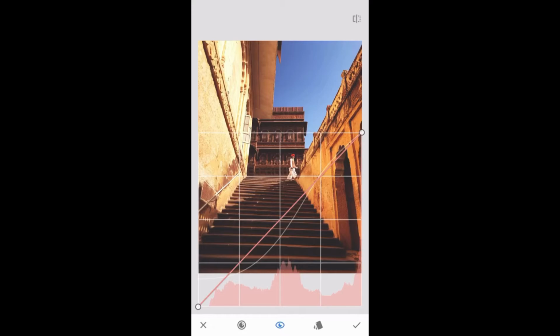So when we try to manipulate the reds in the image, we have to understand that if we pull the curves down, we are actually increasing the cyan values, and if we pull the curves up, then we are increasing the red values. Rest, everything remains the same. Everything from the blacks, the shadows, the midtones, the highlights, and the whites, the whole value stays the same. So if we want to tweak it down, cyan is added. If we want to tweak it up, the reds are added in the midtones and then in the highlights. So to sum up the red channel, if you want to increase any point, you are increasing the red values, and if you're decreasing any point, you're increasing the cyan values.